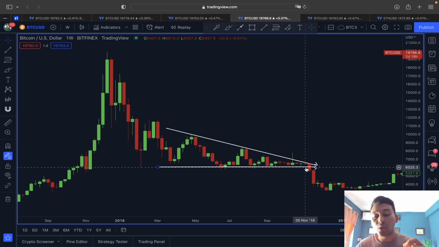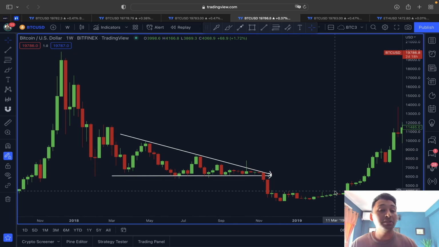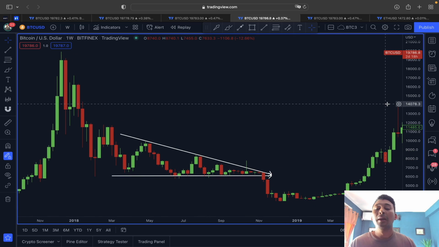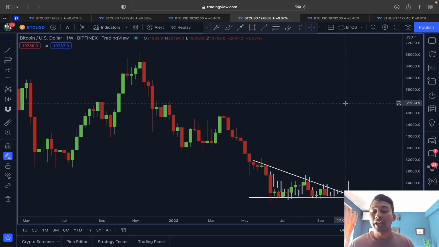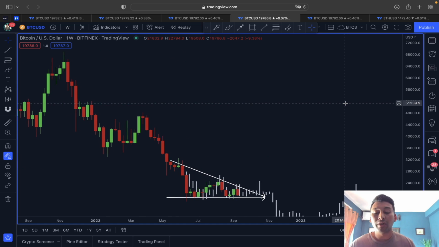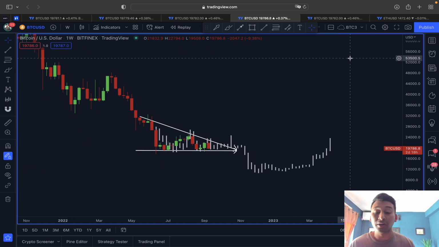Once the support got broken, the price started with this corrective movement, and only after this proper consolidation accumulation phase we started with this market phase. So we are also expecting a very similar scenario if we break the support around the 19,000 area. So please do not over leverage yourself, because this could be playing out in the price action of Bitcoin in